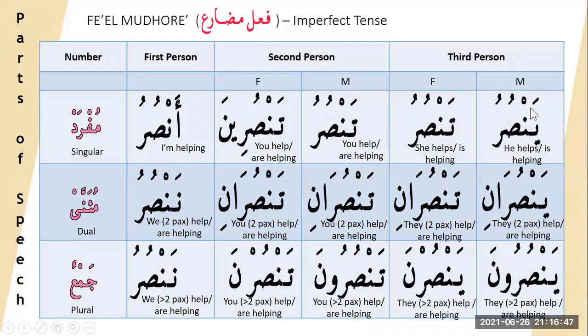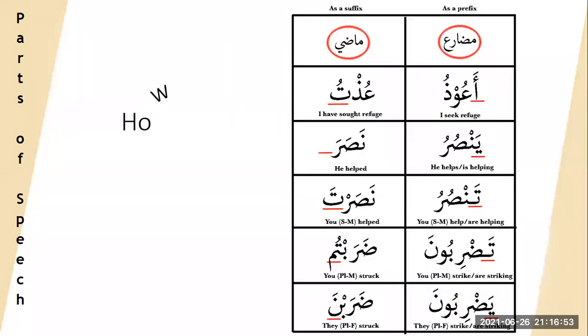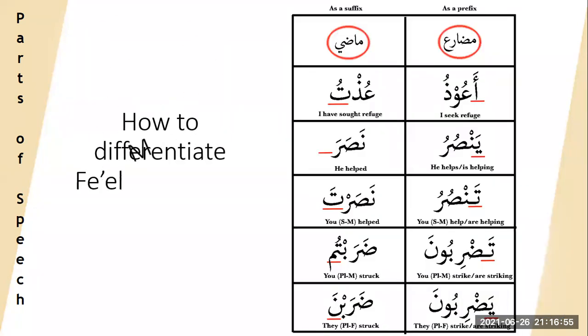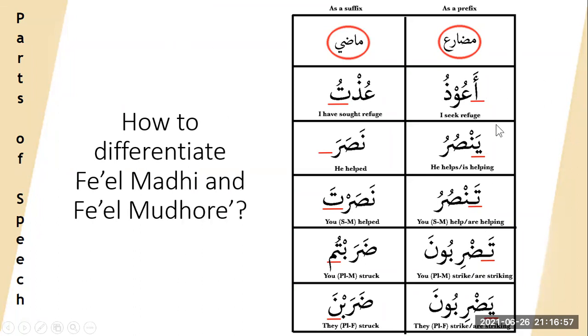So just remember the ya at least. When the ya is a third person, okay? When the waw means plural, means they. Okay, so that's why we have yansuru, third person. He helps. Here he has helped. Then you have tansuru and nasarta. And tansuru, second person, means anta, you help.